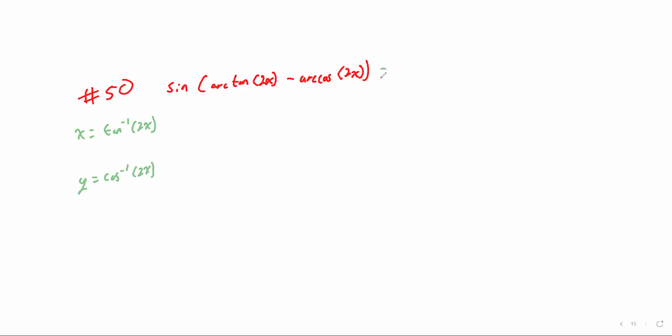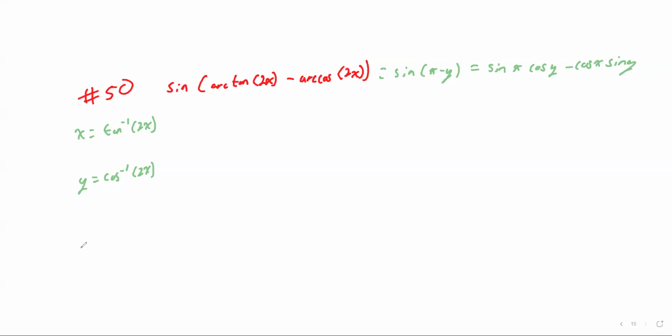So when I rewrite this as sine of x minus y, I can write this out as sine x cosine y minus cosine x sine y. So what happens here is I have to build a triangle